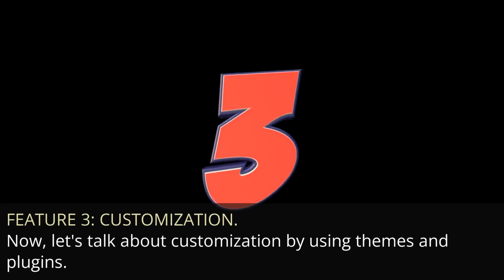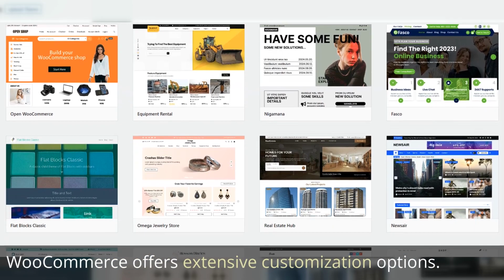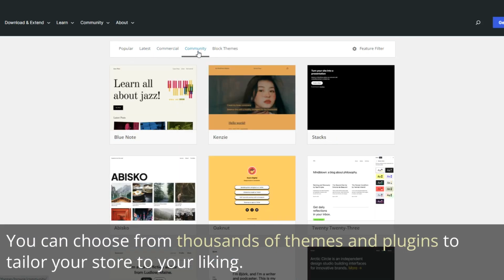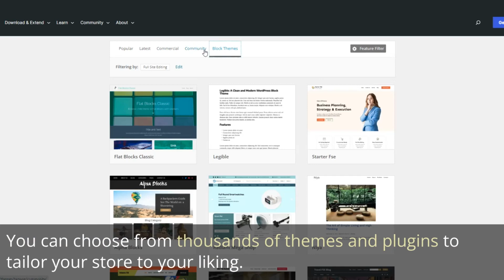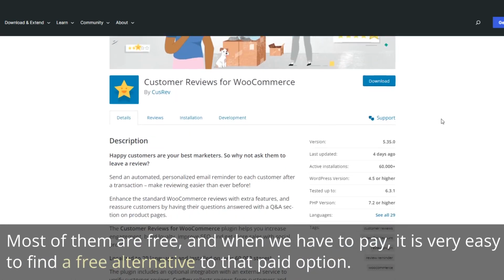Feature 3. Customization. Now, let's talk about customization by using themes and plugins. WooCommerce offers extensive customization options. You can choose from thousands of themes and plugins to tailor your store to your liking. Most of them are free, and when we have to pay, it is very easy to find a free alternative